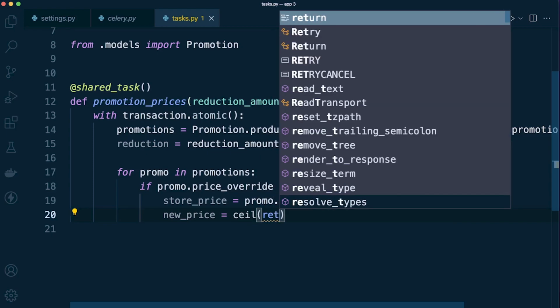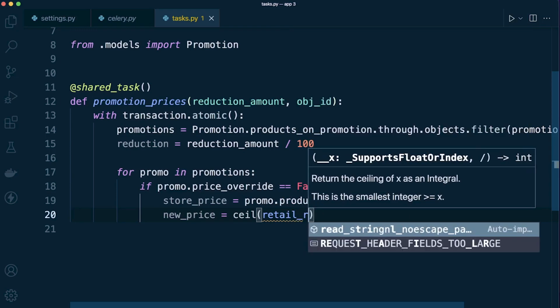If we say 10%, we don't want the price to be less than 10%, and we don't want any kind of silly price like £10.02. We want to round things up here, and you can change this to however you need. So retail price,